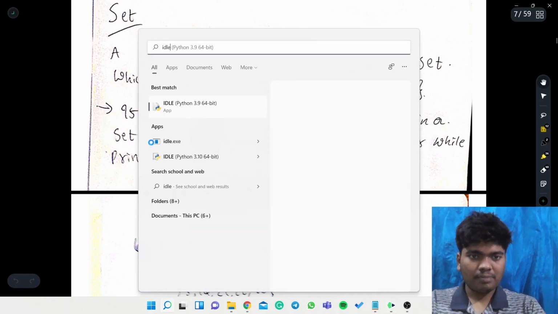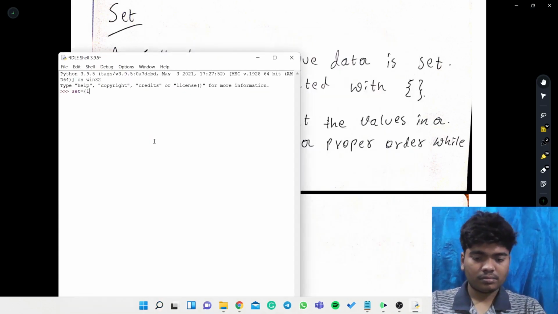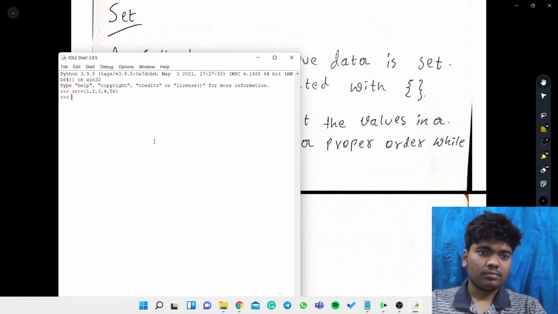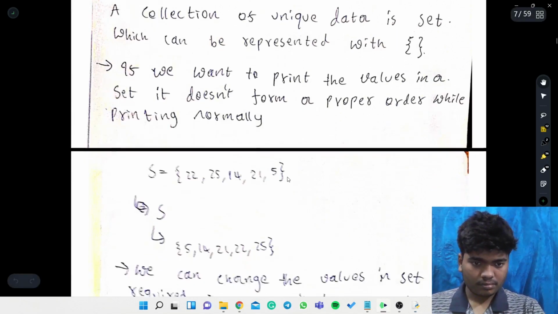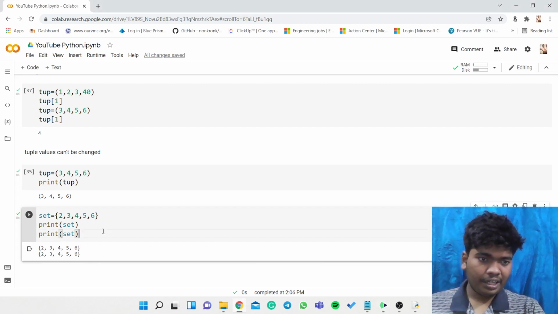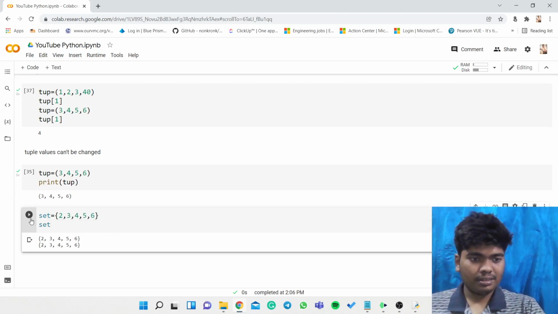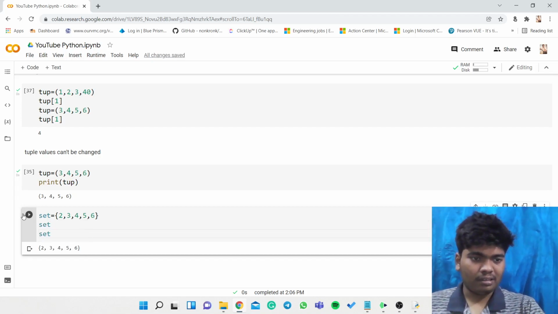So I will try with this. Okay, fine. I think I need to give only set. If I just say set, then it will print in some other order. I think so. At least now it will work.